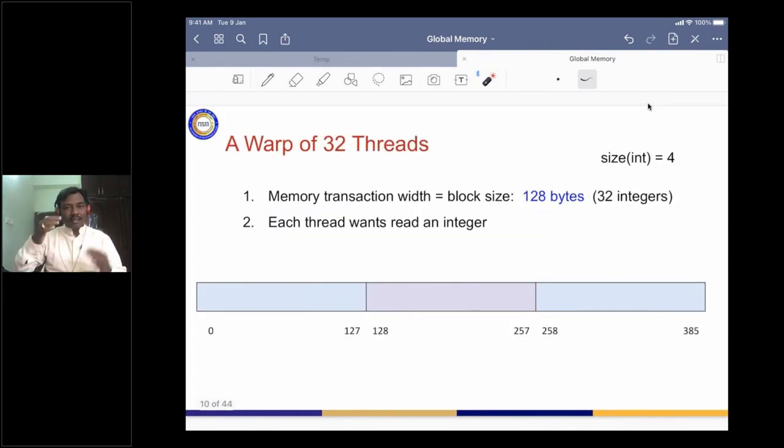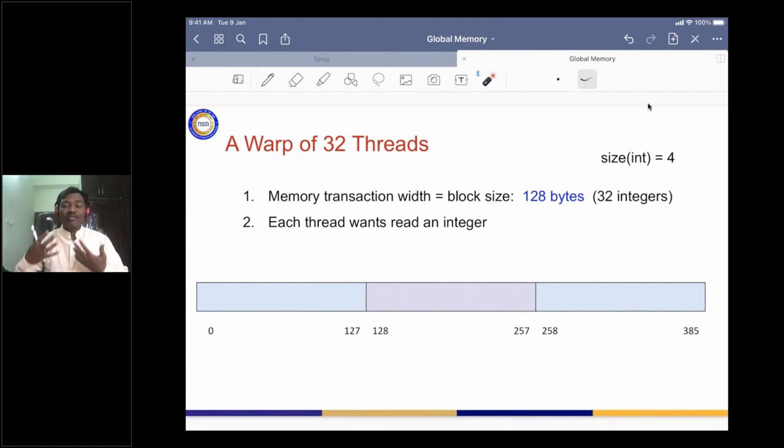Let us understand this in a little more detail. We recall that the size of an integer is 4 bytes, and each warp consists of 32 threads. A memory transaction, at least the one I am talking about in the current context, is from global memory to cache.